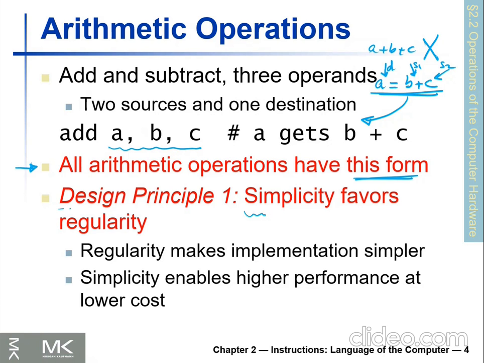And here we should introduce our first principle of design: simplicity favors regularity. If you want to make something simple, make it regular. Unify your world according to that principle, or make it a pattern. That's why we make all arithmetic operations have this form,